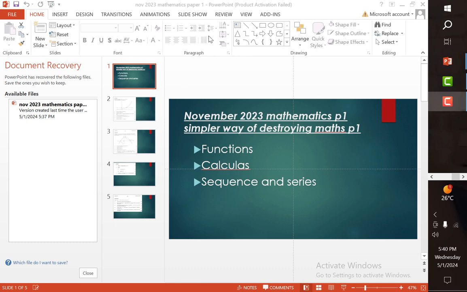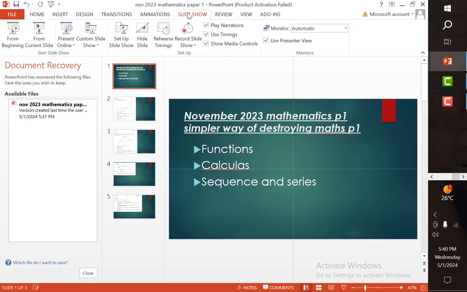Hello guys. I want to show you how to deal with maths paper 1. Since I know you are writing on Friday, I just want to prepare you for mathematics paper 1. So in this paper, November 2023 maths paper 1, I want us to look at